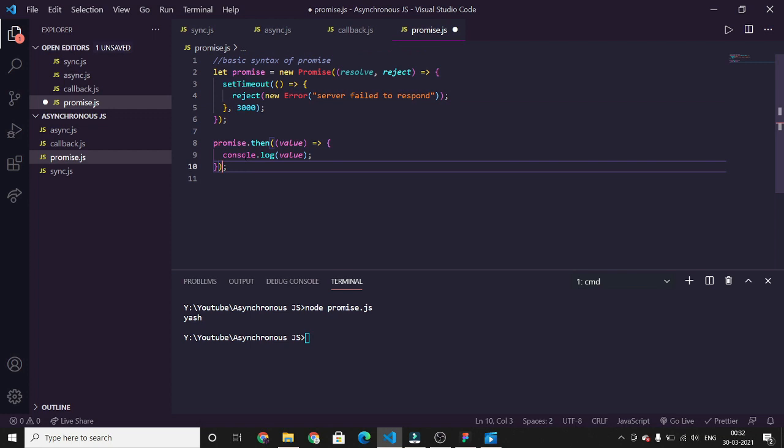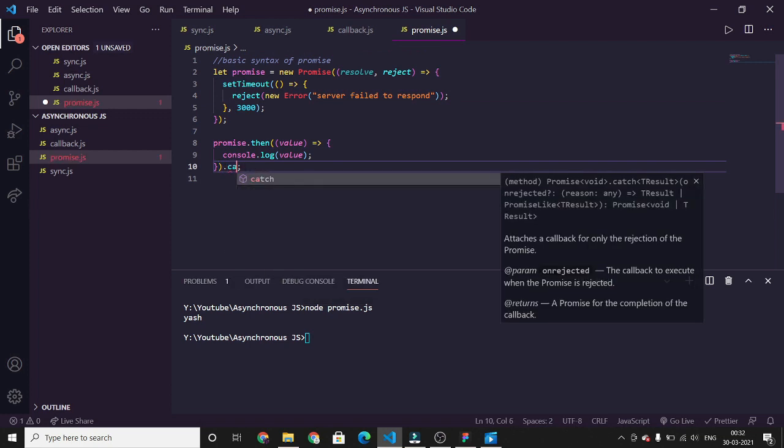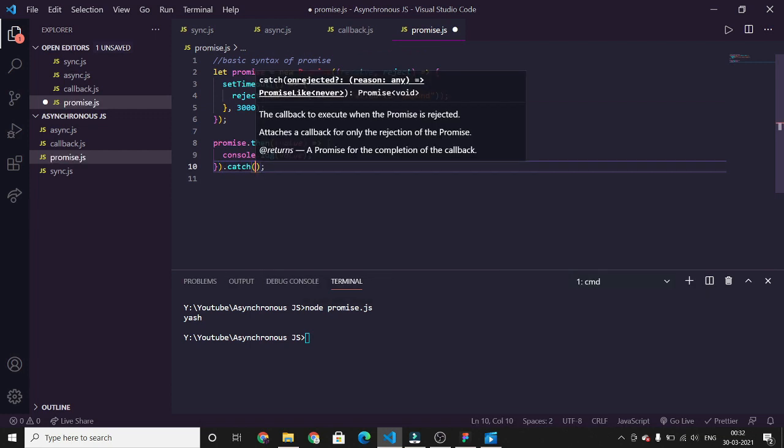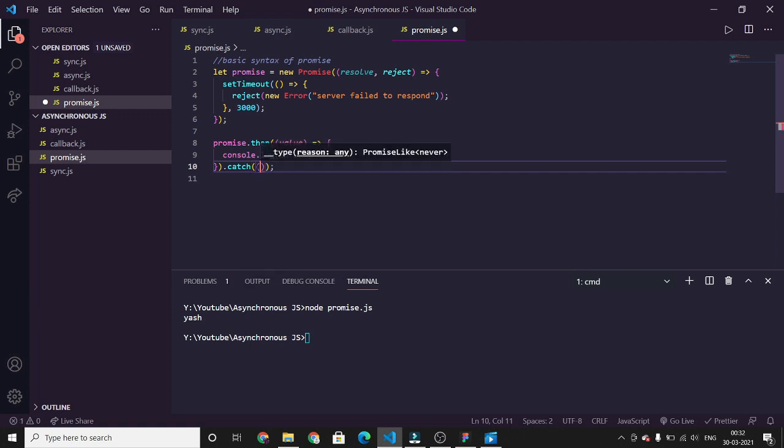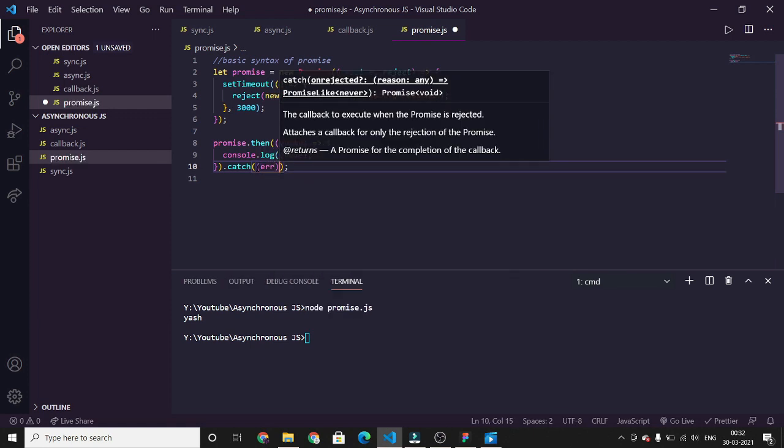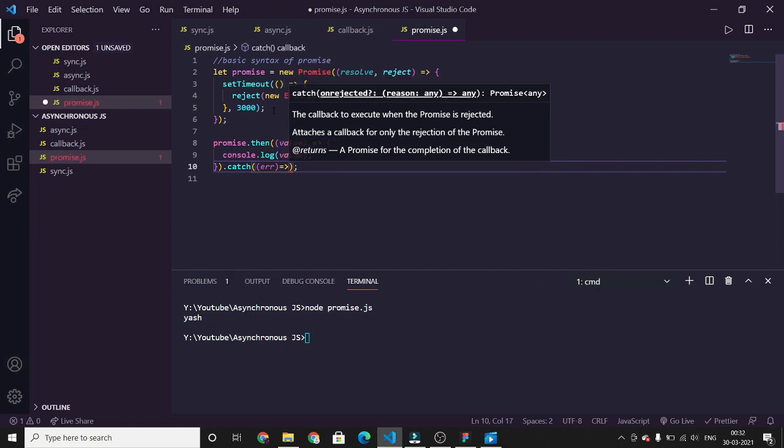For reject we have to write a dot catch block. So when a reject is encountered it will execute the catch block. Again we have to write an arrow function with a parameter, because this error will be passed as a parameter to this function.